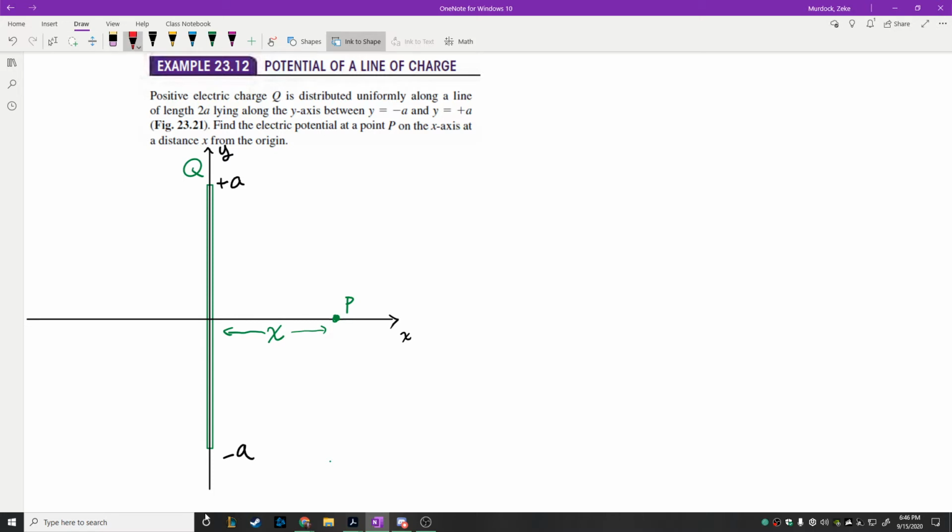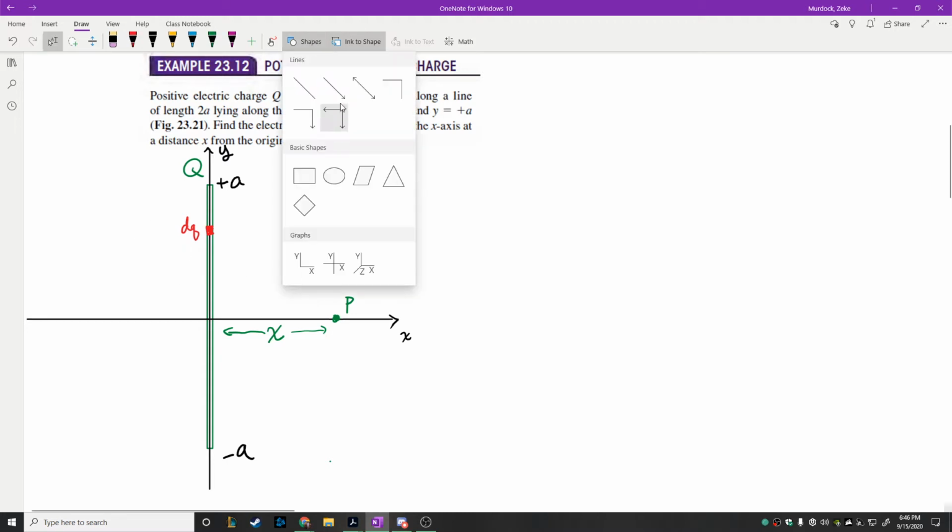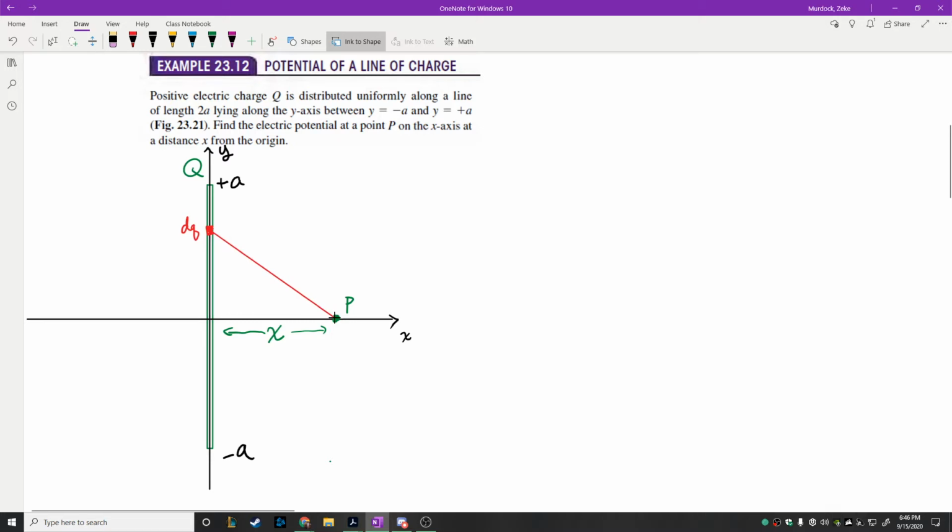So, line of charge, positive charge Q. We're finding the electric potential at point P. We go through a very similar process wherein we take a piece of the object here, which I'll highlight in red. We say that it contains an amount of charge that we call dq. We connect a line from that point down to the point P, right here,